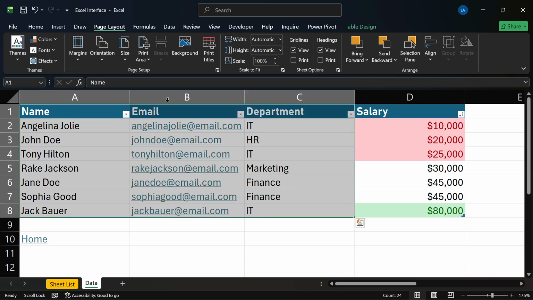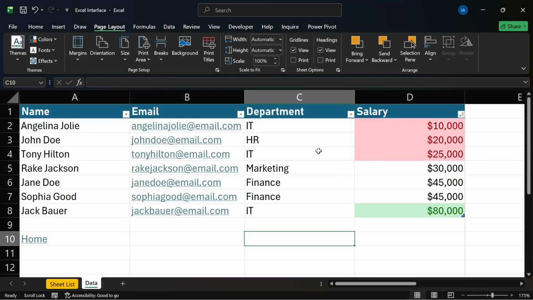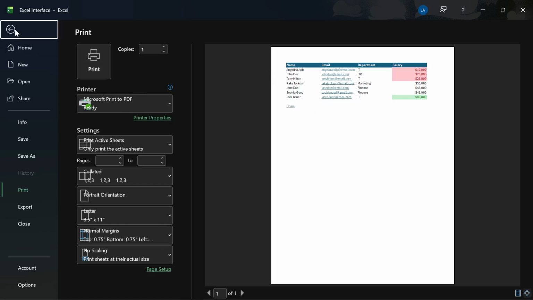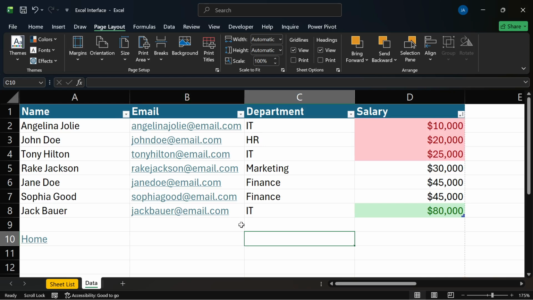So let's clear this out and test it again. We'll come back here and I'll say clear print area. Now it's gone. Okay. So if I do Control P now, it will capture the entire sheet. You can see that it captures the entire sheet, even our home button and all of that. So this is one thing to pay attention to. You don't know when that might come in handy. Okay. All right. So breaks,